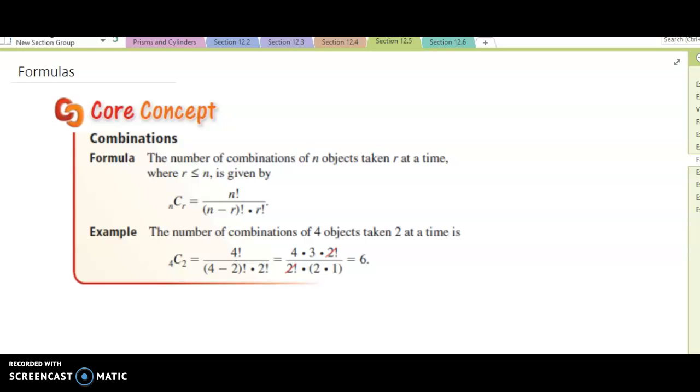All right, guys, so this is the second half of section 12.5. If you haven't watched the first half, please do that. In the first half we talked about permutations, and in this video we're going to talk about